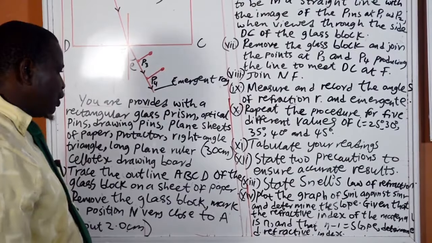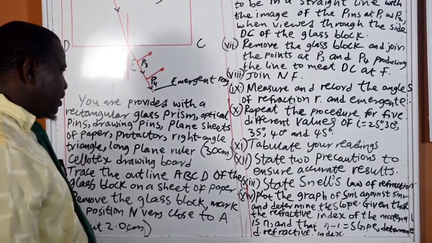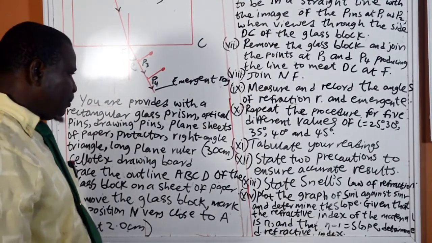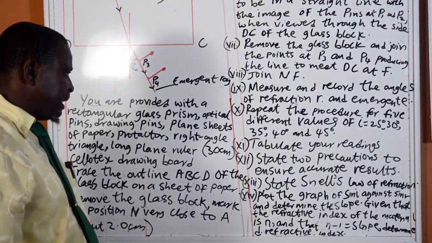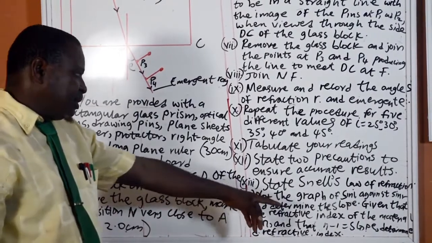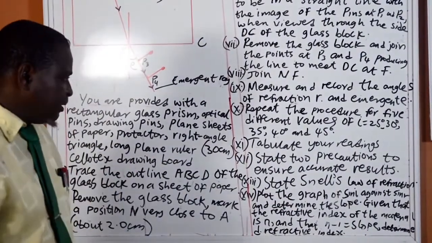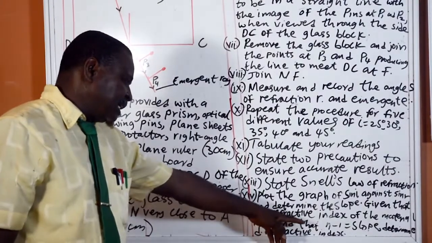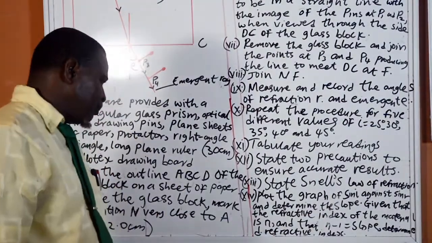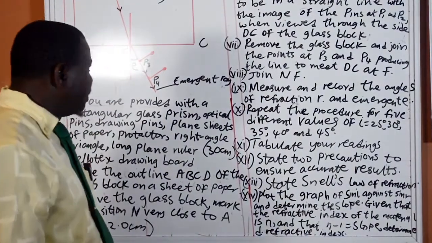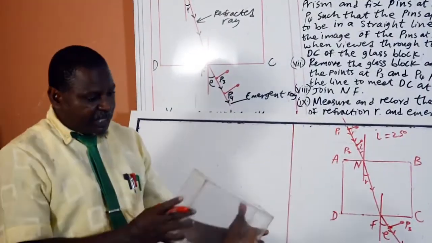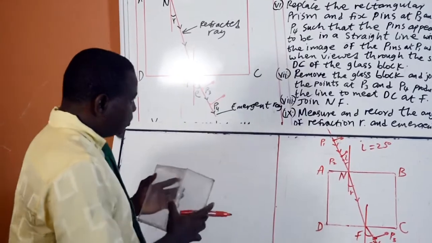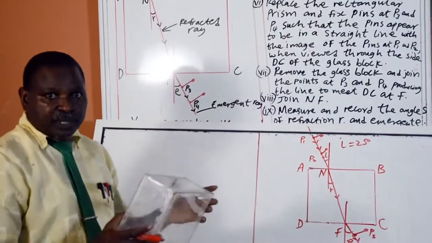State 2 precautions to ensure accurate results. State Snell's law of refraction. Plot the graph of sin I against sin R and determine the slope. Given that the refractive index of the material is n and that n equals the slope, determine the refractive index. Now, let me demonstrate how to perform the experiment